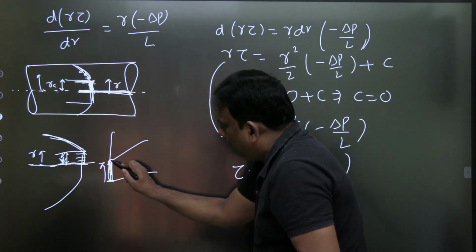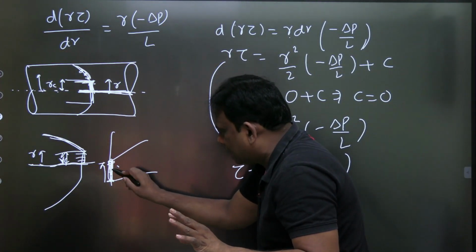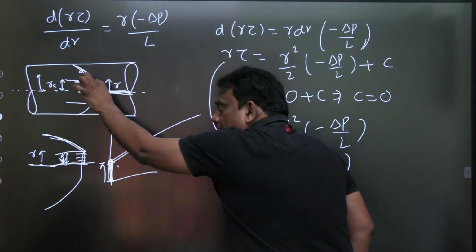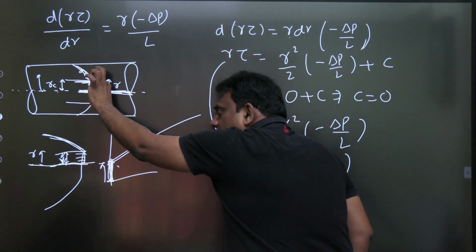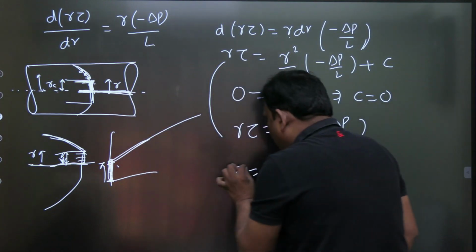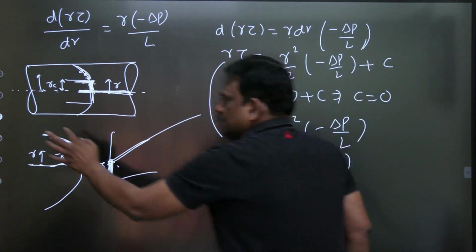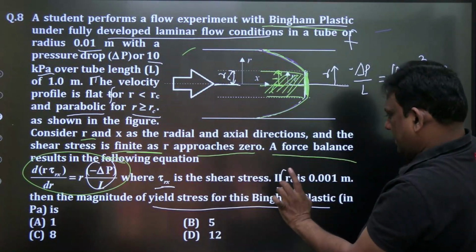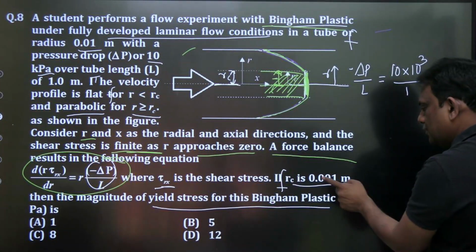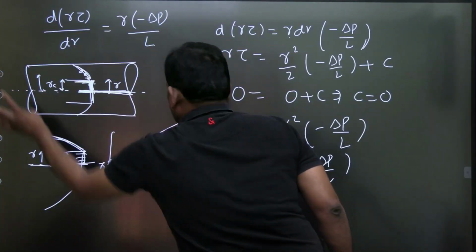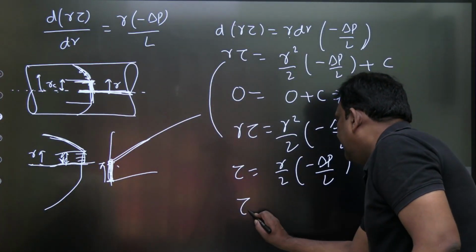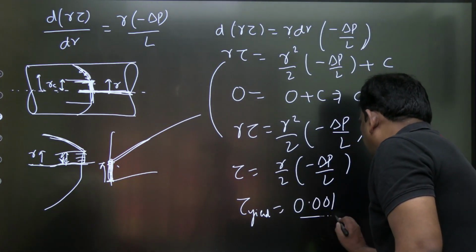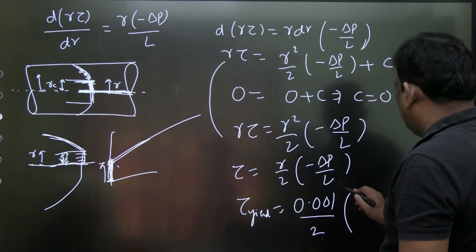Below yield, there are no velocity gradients. Afterwards, there are velocity gradients. So you have to calculate it here, because there are no gradients up to this. So yield is this value. When R is RC, put R equal to RC, and you get the yield shear stress. What is RC? Anyone? RC, somewhere he has given. Yes, RC is 0.001 meter. So if you want yield shear stress, put R equal to RC: 0.001 by 2 into delta P